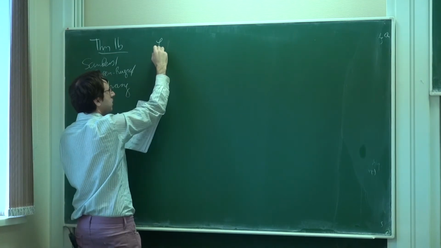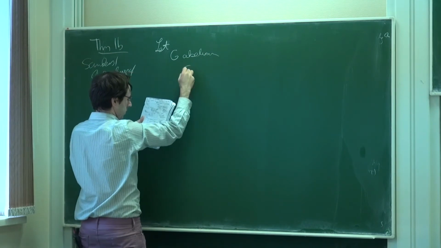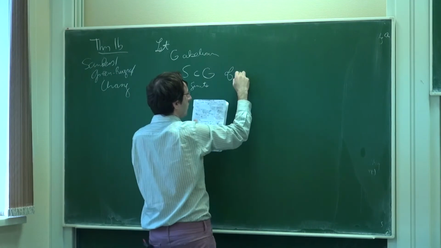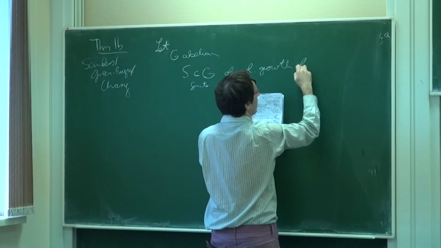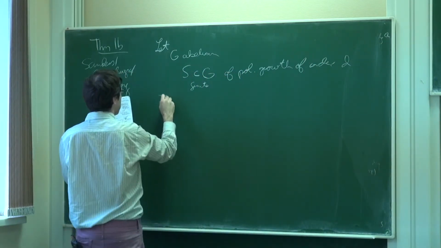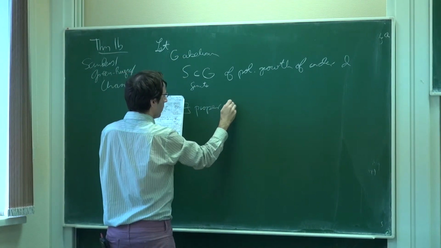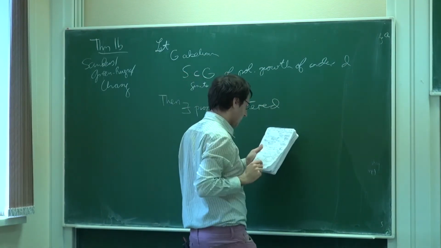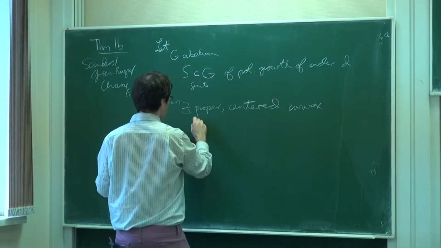So let G be an abelian group, S in G finite of polynomial growth of order D. Then there exists a proper centered, let me write centered in the American way, convex progression